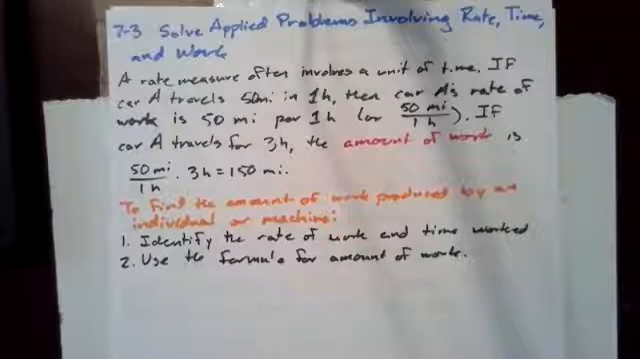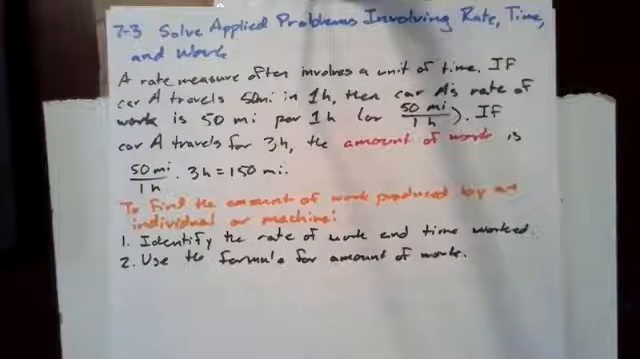In this video, we will solve applied problems involving rate, time, and work. A rate measure often involves a unit of time. If car A travels 50 miles in 1 hour, then car A's rate of work is 50 miles per 1 hour, or 50 miles over 1 hour. If car A travels for 3 hours, the amount of work is 50 miles over 1 hour times 3 hours